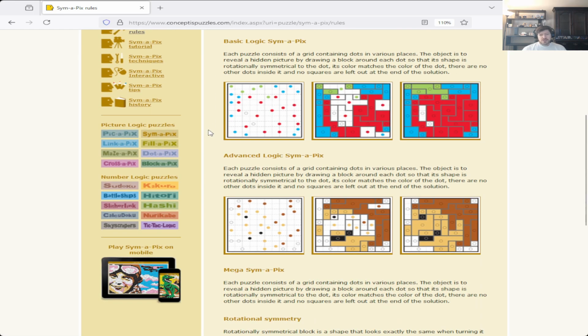Oh yeah, this one. We have, basically for the Simba-Pix, the dots themselves are kind of representing what the overall box might potentially contain. Like if it's only one single box, then it might just be one there, but overall,